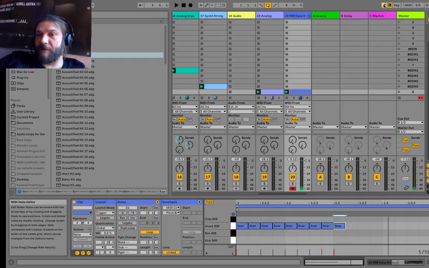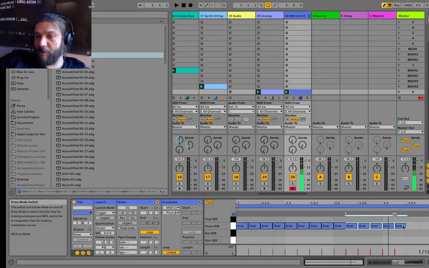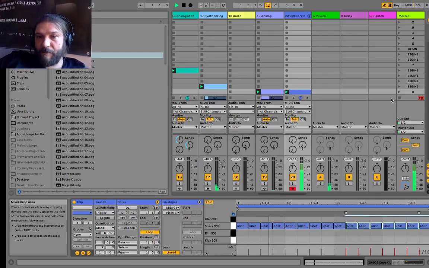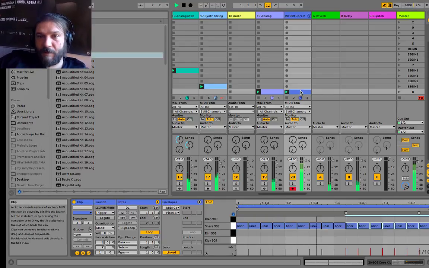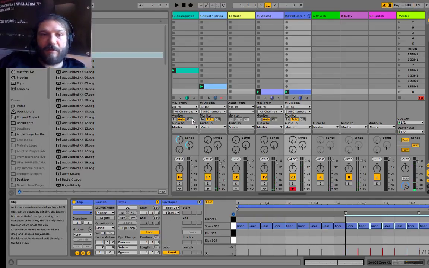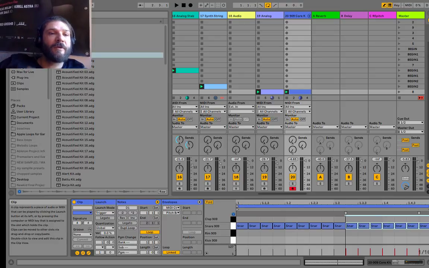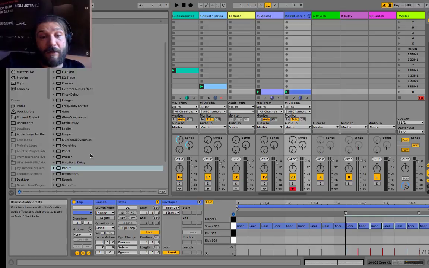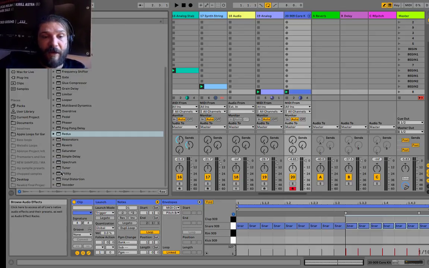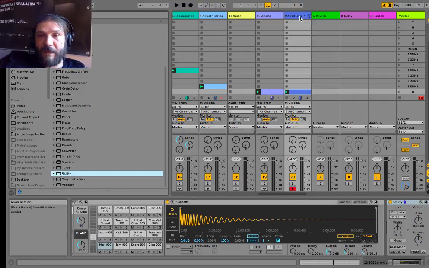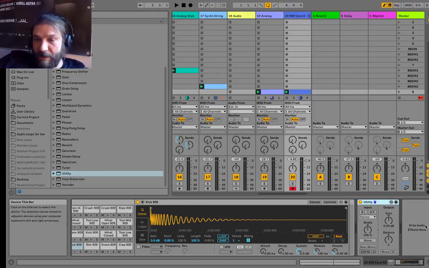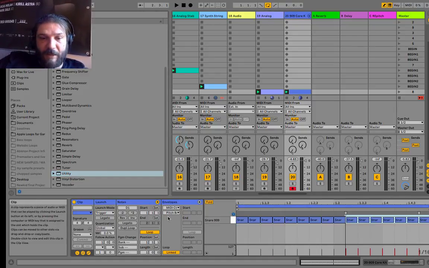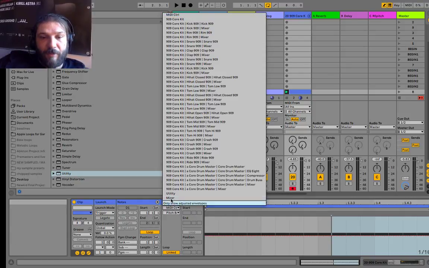I could obviously do this a lot easier by just hitting the draw and then going like that. And let me do a volume sweep on this. Now, much better than automating the volume faders, because that could get you in trouble when you're doing a mix, is automating the utility here. So I'm going to grab my utility here like that. I'm going to drop that in there, and I'm going to automate the gain on this utility, and I'm going to make this a nice little